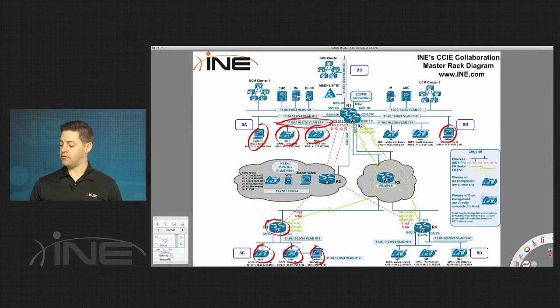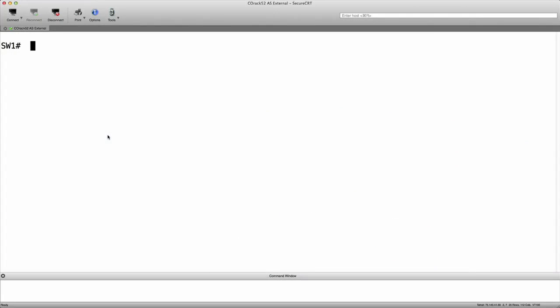Same thing over here on R4. We don't have a PC client hanging off of this, but we do have IP phones, and we'll go ahead and act like there are with the access VLAN or the PC VLAN embedded in the Ethernet switch module. So let's go ahead on switch 1, and we'll go into config T mode, global config mode,